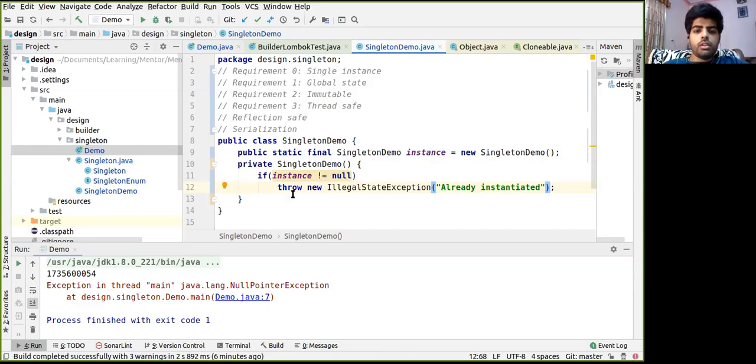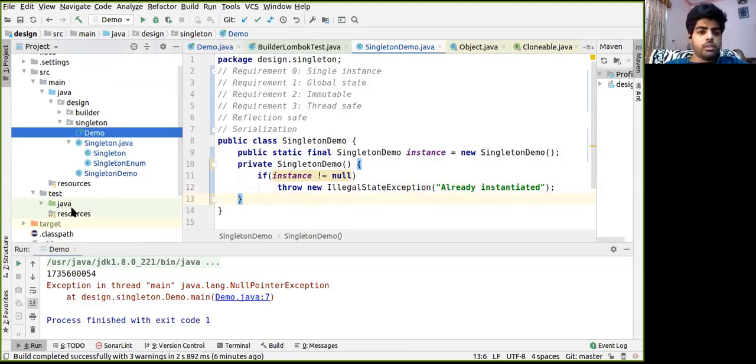Okay. So does it make it reflection safe? I have made a test program for this. So let's test it.